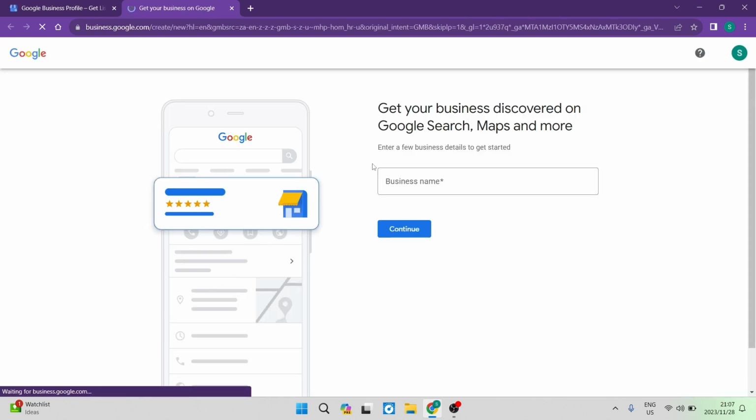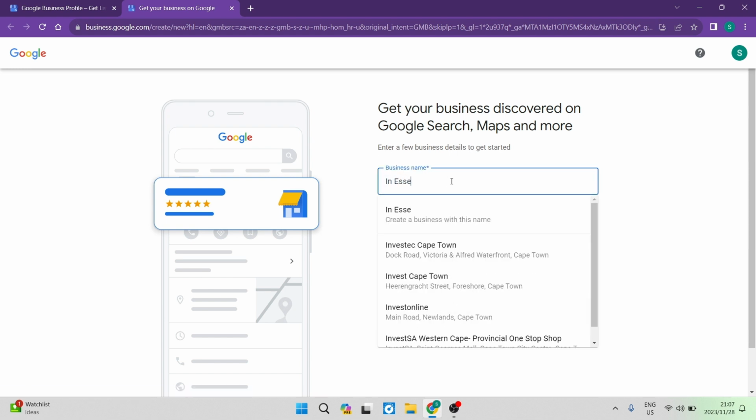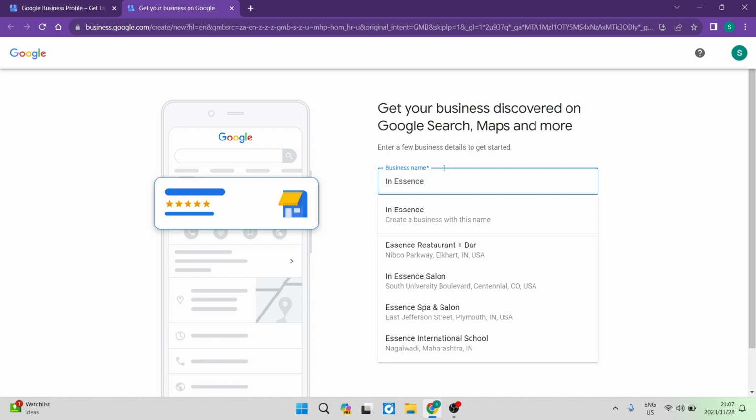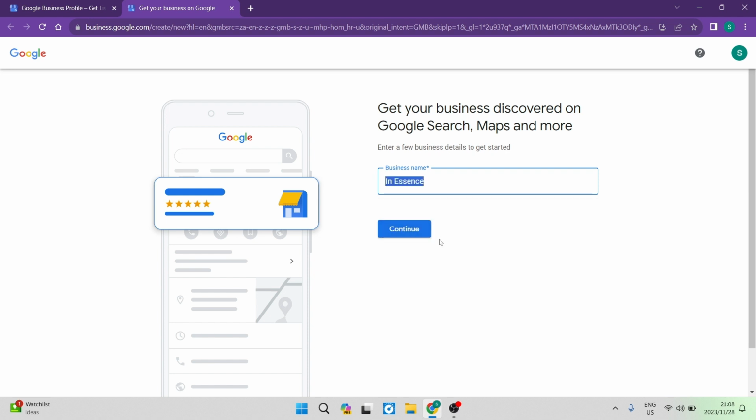The first thing you want to do is enter your business name. So we're going to go ahead and put in this business name. As you can see, for this specific name, it says create a business with this name. Also, there are other businesses which are similar to this name. If you don't see it here, that means that this business name is not registered on My Google Business. So we're going to go ahead and click on this create a business with this name, and we're going to